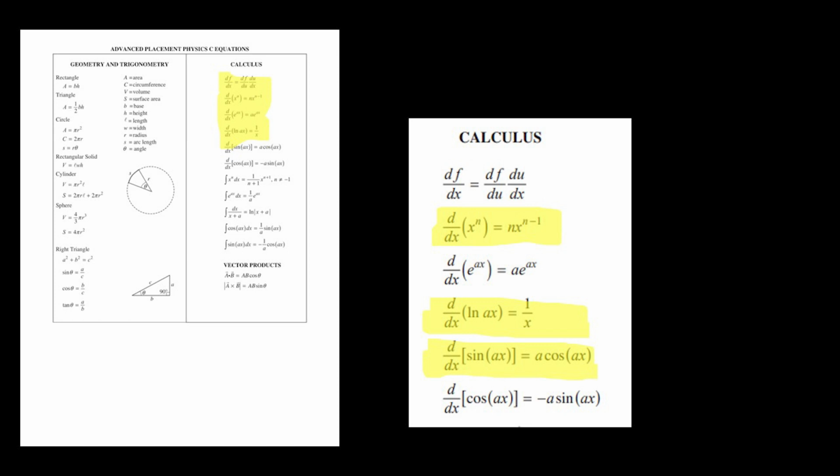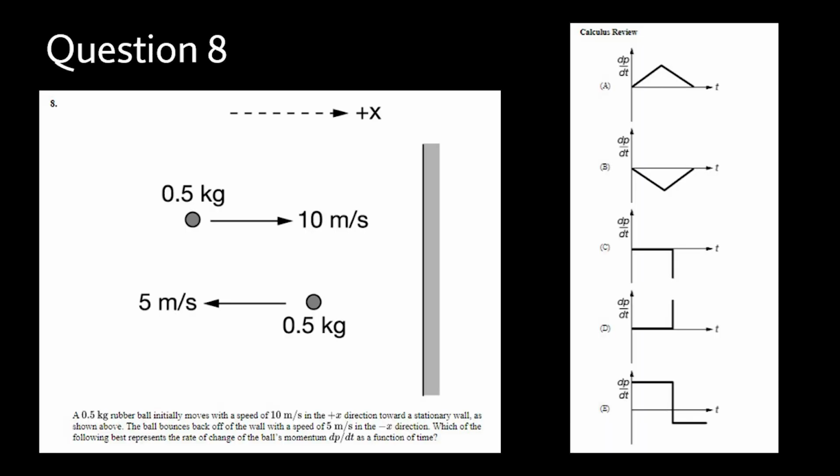Another good thing to know is that the derivative of cosine is negative sine. With this knowledge, let's take the time to do a few practice problems. Now, the first question that we'll go over is question 8. It deals with a